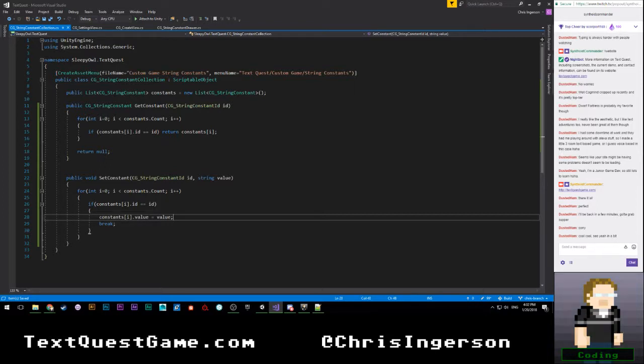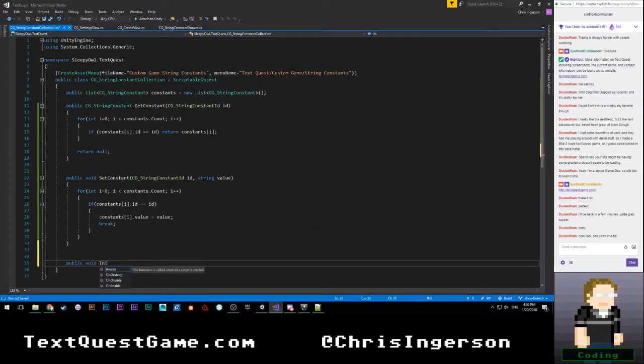Okay, let's see, is that pretty much all we need? I suppose we can do this. Say public void initialize constants, I guess.